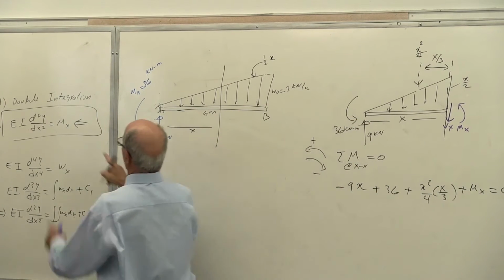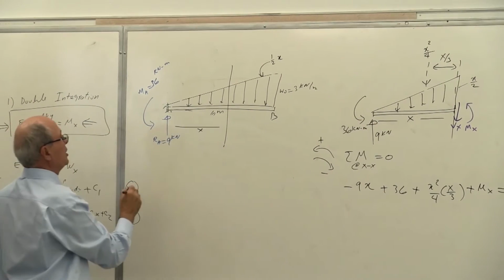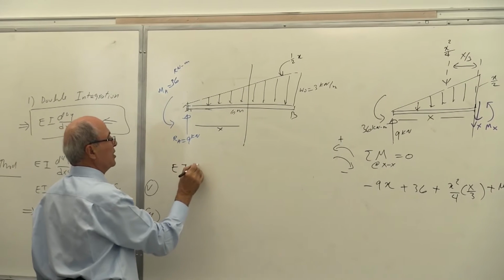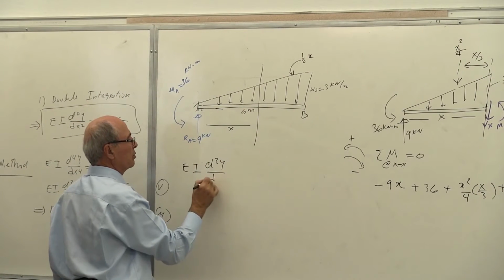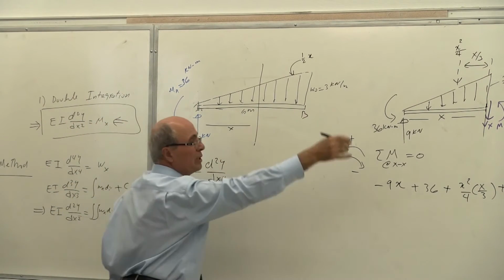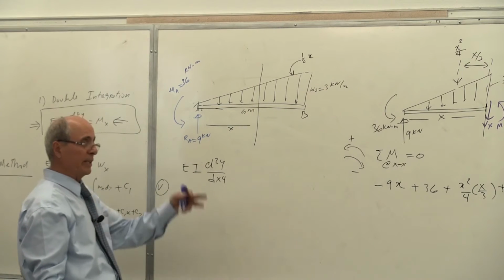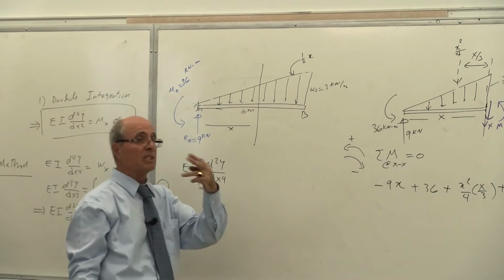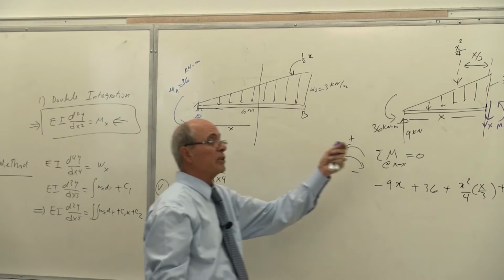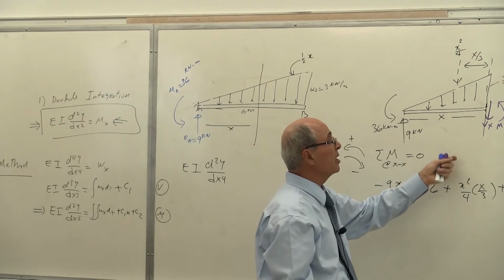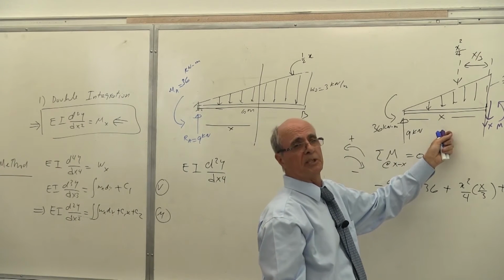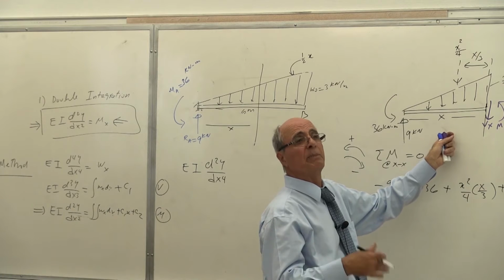So finally, I got my mx. This is the whole idea: EI d2y. Now you want to write it under that. I didn't have to do that; I could do it in my head. But for the first time, second time, this is what I suggested last time: for the first, second, third time, you draw this free body diagram. After that, you should be better on that.